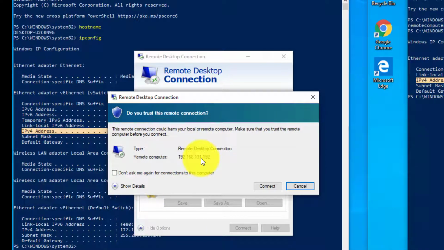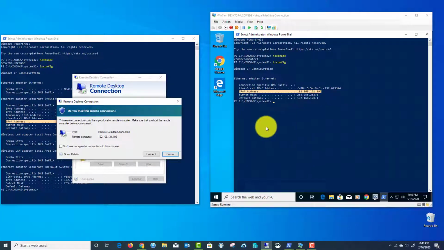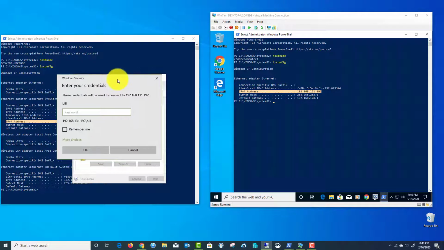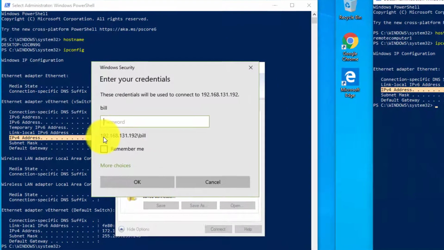So I'm trying to remote desktop to this computer, which is my virtual machine. I'll go ahead and click yes. It's going to prompt me for my password, and it's going to ask me what password do you want to use. So right here I specify this is the remote IP address that I'm trying to connect to, and this is the account I want to try to log into. So I'll go ahead and put in my password,